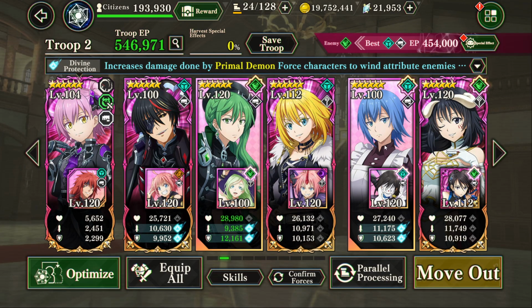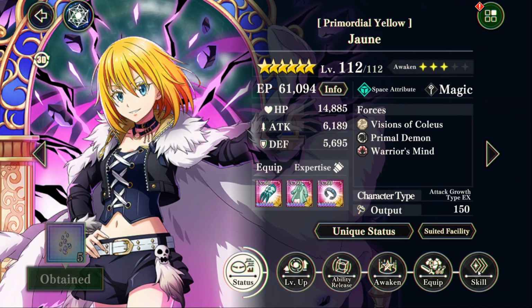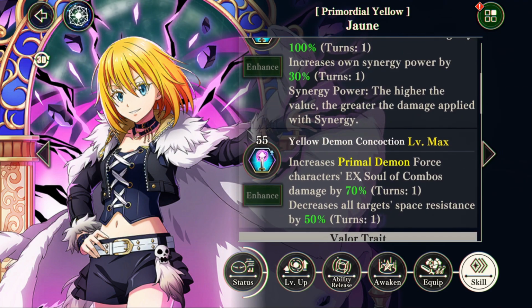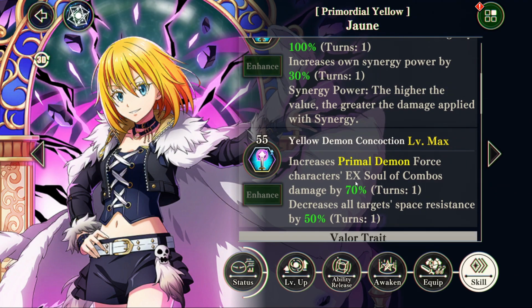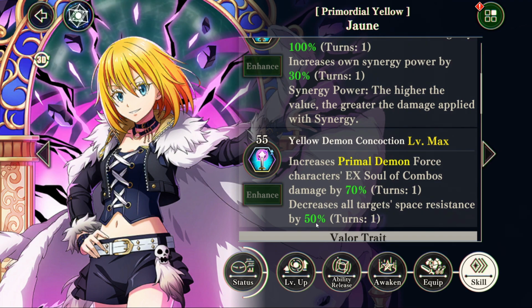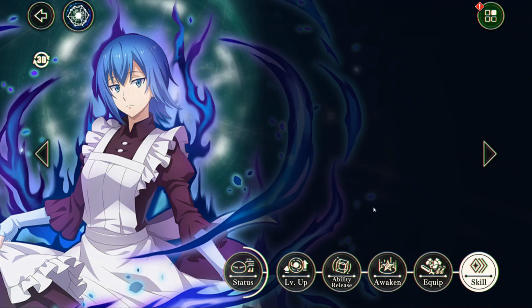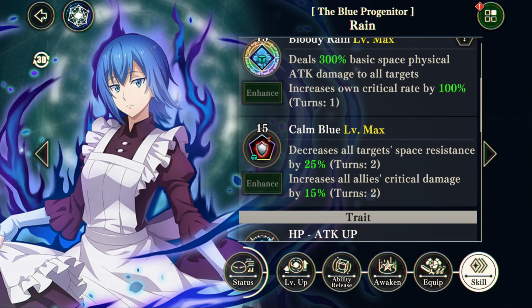Now, one thing to note is Rain is not an EX character, so she will not benefit from Jean's part of her second skill, because that's Primal Demon EX alts 70%. Rain is not capable of doing an EX alt, so she's going to miss the 70. She will still benefit from this 50% space resistance down, but if we want to just save ourselves 55 points on the nuke, I mean, Rain does lower space resistance anyways by 25%, which obviously isn't the same